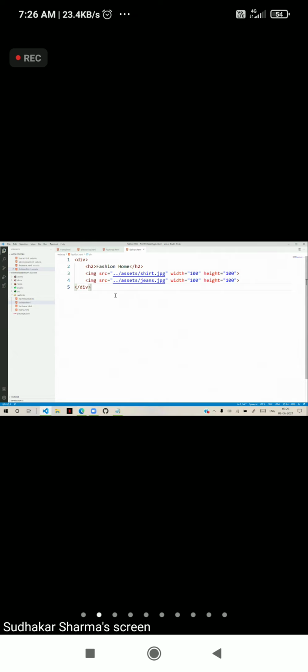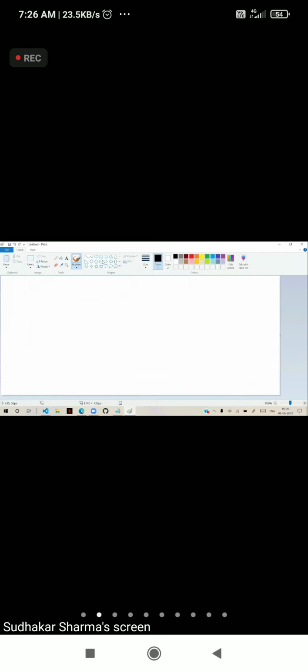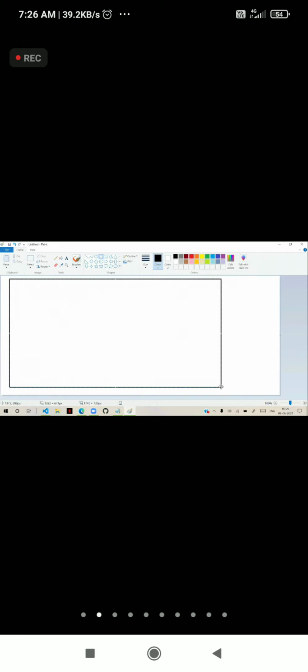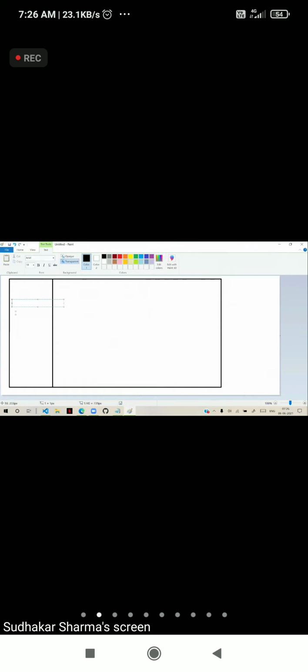Now what I want here is to design the website in such a way that on the left side, we will put navigation. And in that navigation, we will have options like home, electronics, footwear, and fashion.